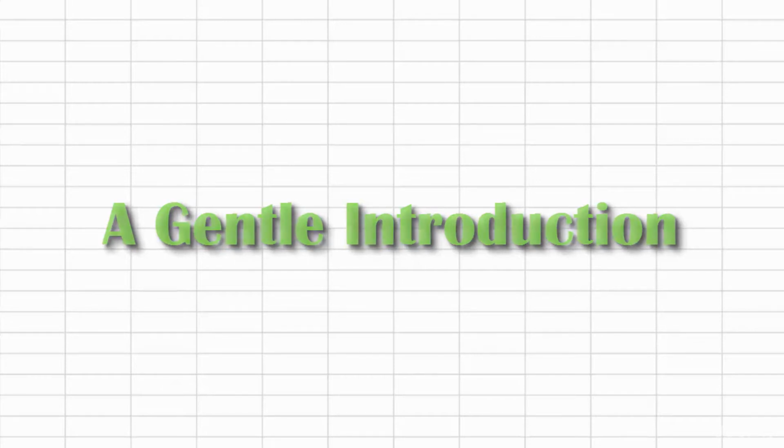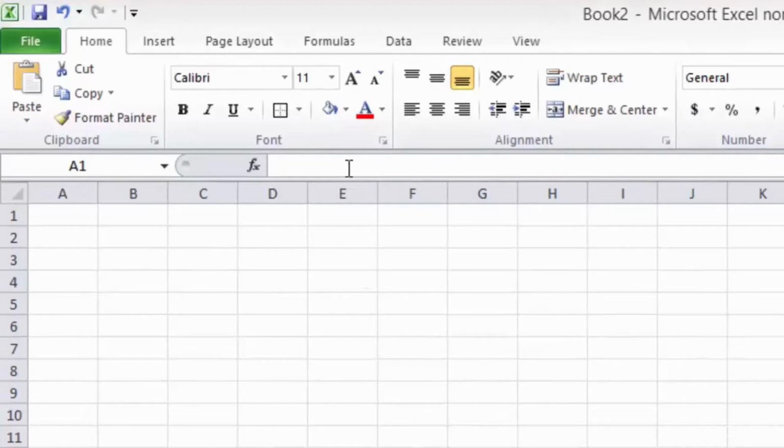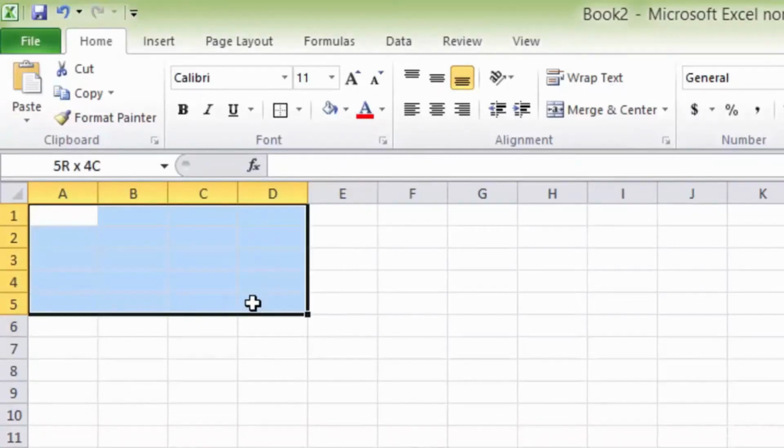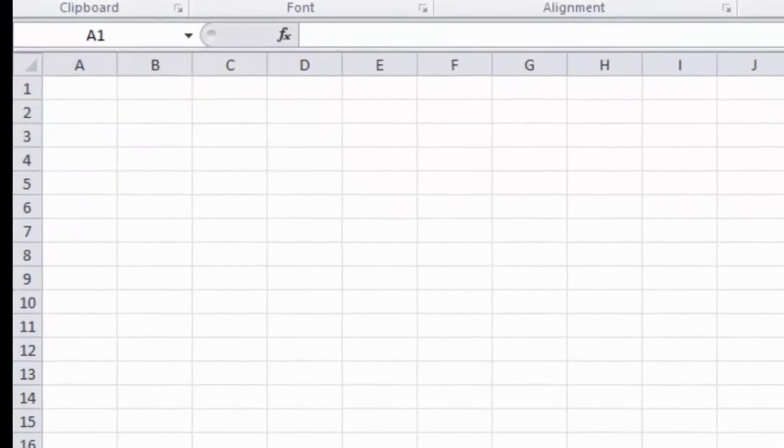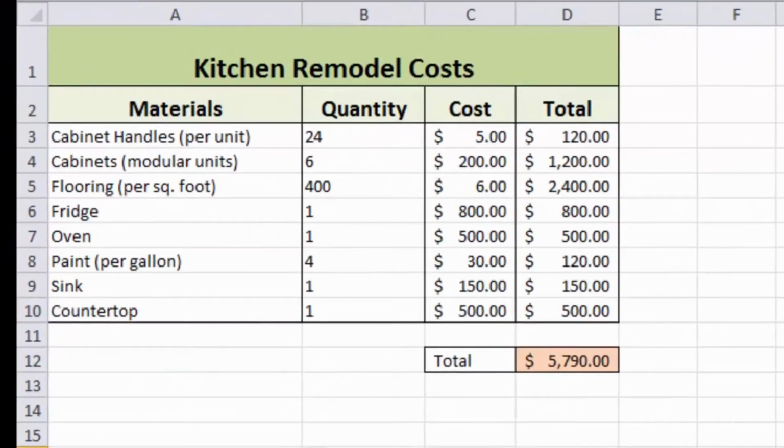And by the end of this course, you'll be able to use this function bar. You'll be able to navigate around the cells. You'll be able to do a bunch of formatting here. And you'll actually be able to build your own spreadsheet that looks just like this. And I'm going to walk you through this. And this is just a spreadsheet for if you were going to remodel your kitchen and wanted to calculate your